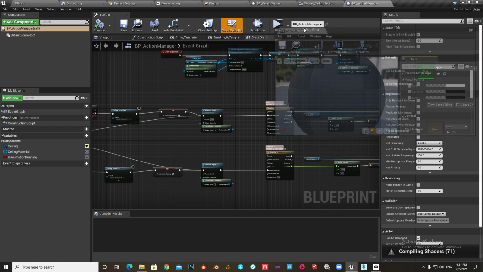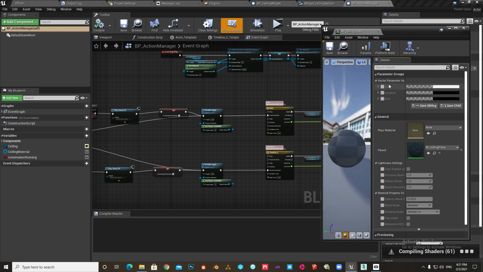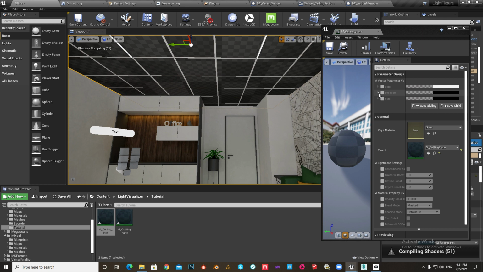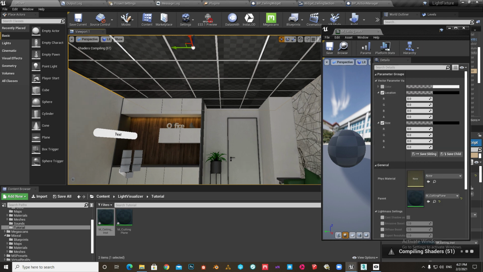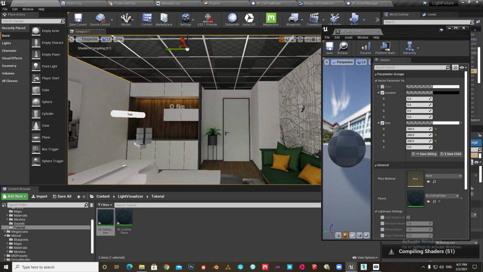I will just open this. So click on the location and size parameters. Let's make the size 200 by 200 for now, and keep the location at 0.